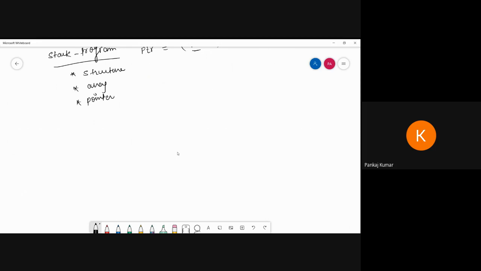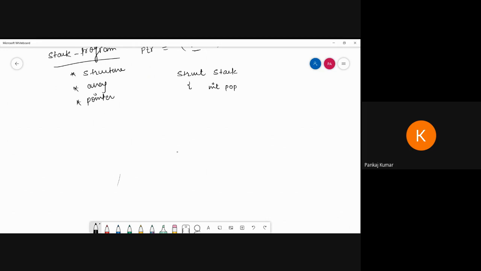You can take any reference from sites and videos. So first I'm going to create a structure. I'm writing struct and putting the name stack. This is the structure we are going to create, struct stack. And here I am going to put int, what type of operation am I going to perform on the stack?